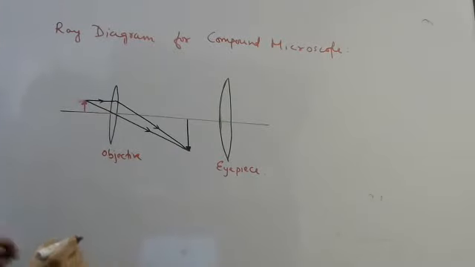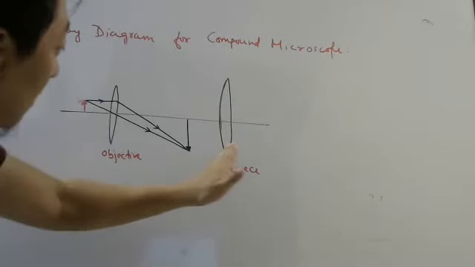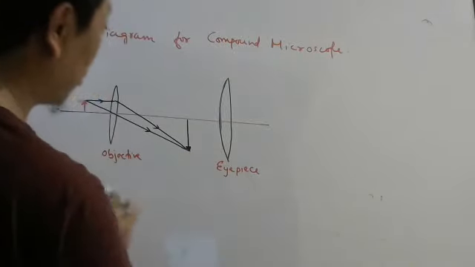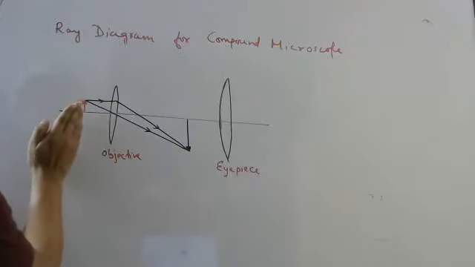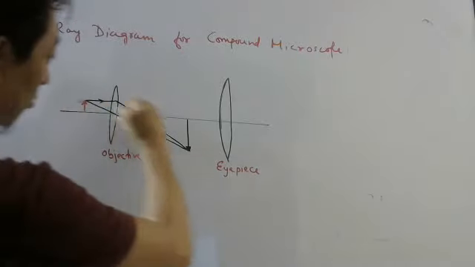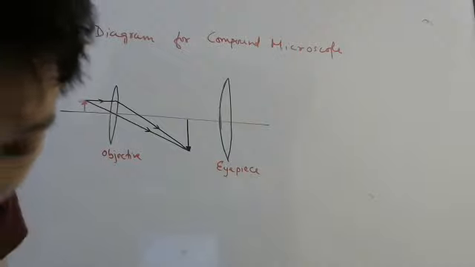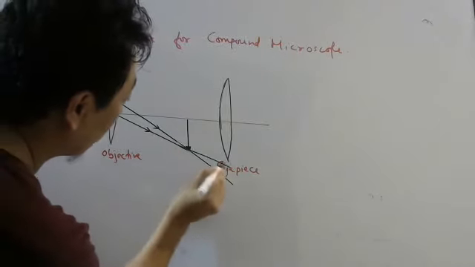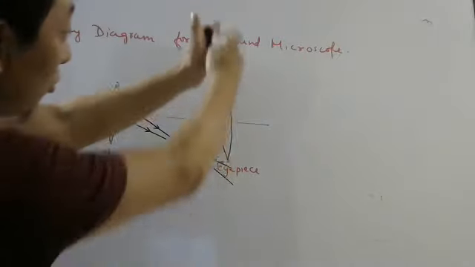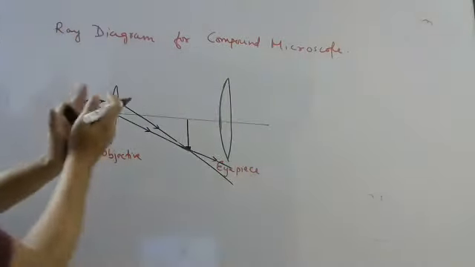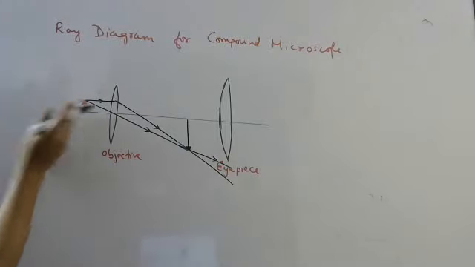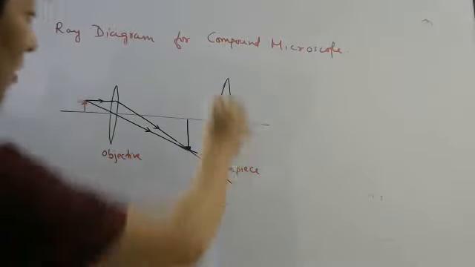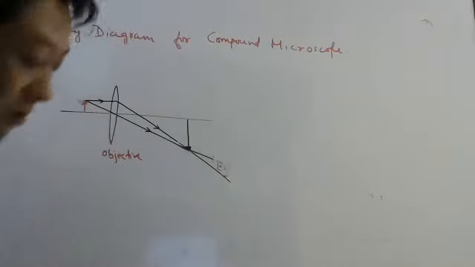Now this will act as the object for your eyepiece, but you can clearly see that I need to draw a bigger eyepiece, or I need to take this a little bit farther so that the rays would come like this. See, now the problem is these rays, if you continue, see, it is going here, right? So either you have to draw this bigger, or you have to draw this object slightly farther. So in exam that may happen with you also, right? Whatever is happening right now. So I think for me it is better I will draw a bigger lens.